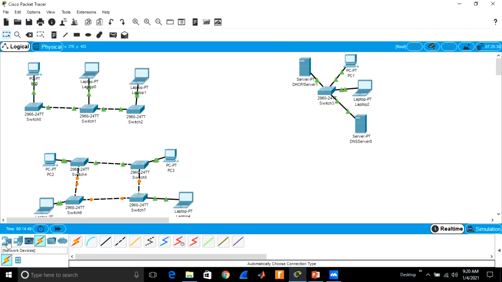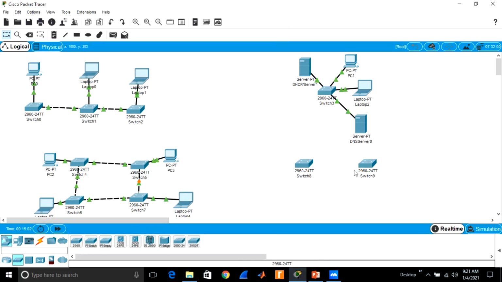And consider this is the mesh topology. You can design tree topology and so on. Suppose you want to design the mesh topology. This is the mesh topology.